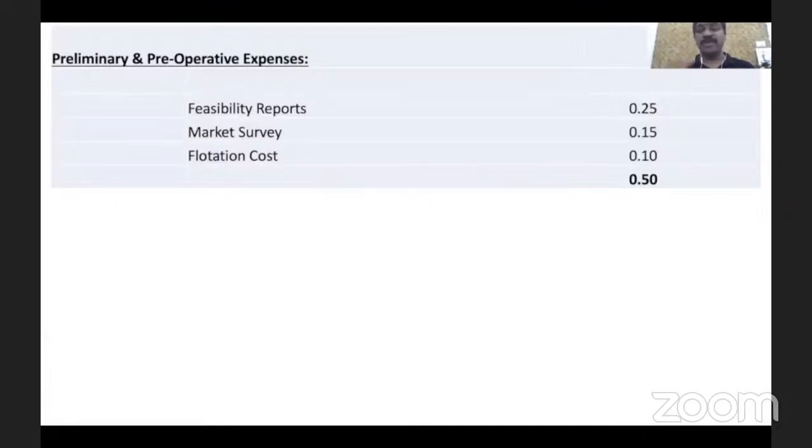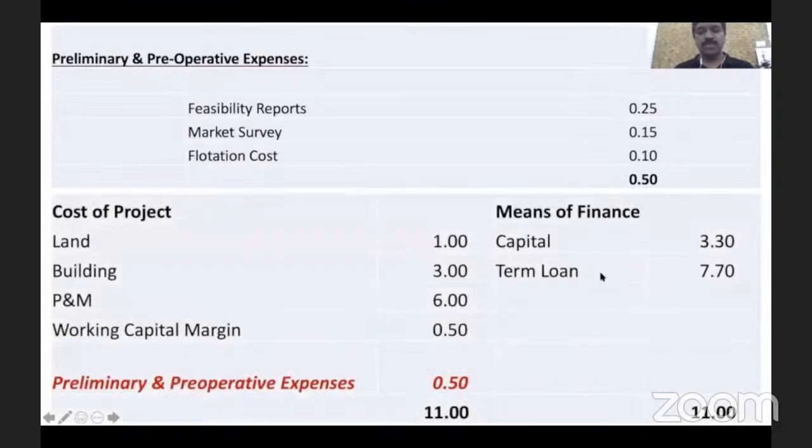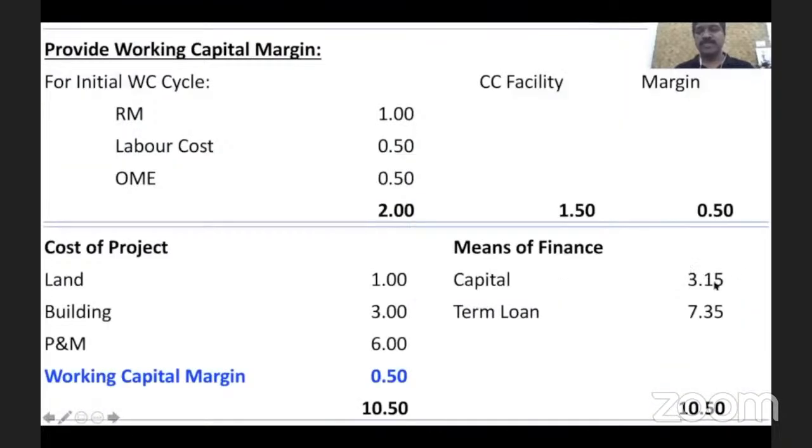It means I will face a shortage of funds in fulfilling my promise, because as per the earlier stand, I'm supposed to bring in a capital of 3.15 crore. But this 3.15 crore is for meeting a portion of all this, right? But out of this, close to 50 lakhs I've already spent. It means I will not be having 3.15 crore with me. I'll be having an amount 50 lakhs lesser than 3.15. So when it comes to the compliance of this capital bringing in, there will be an issue,